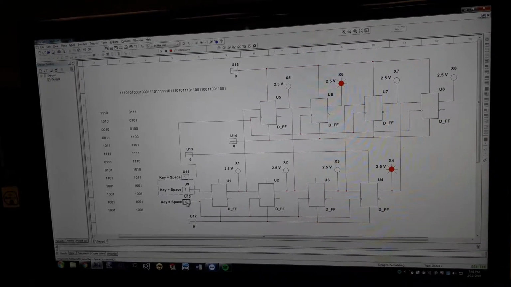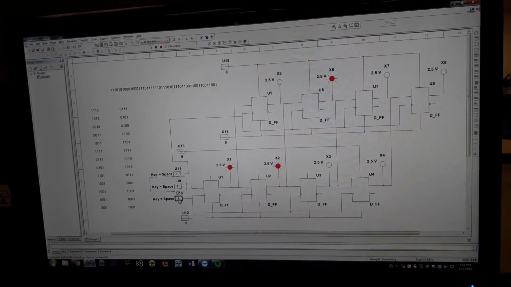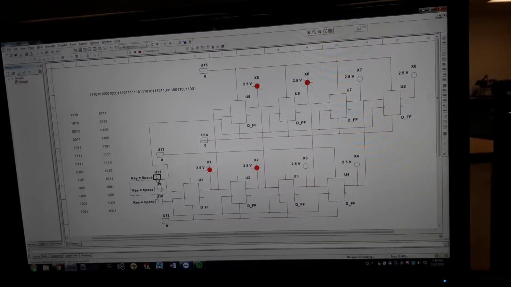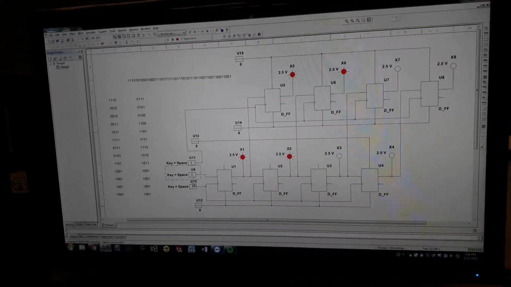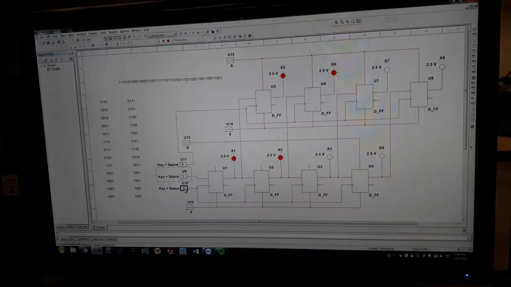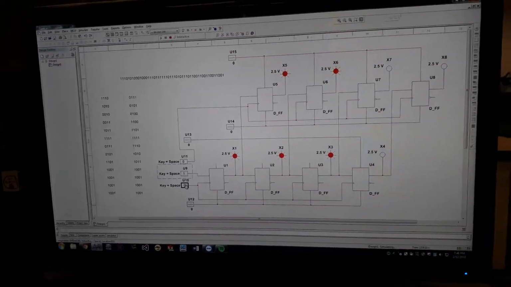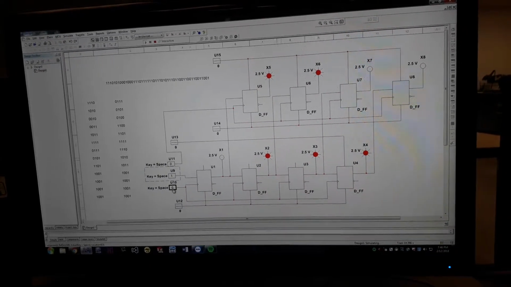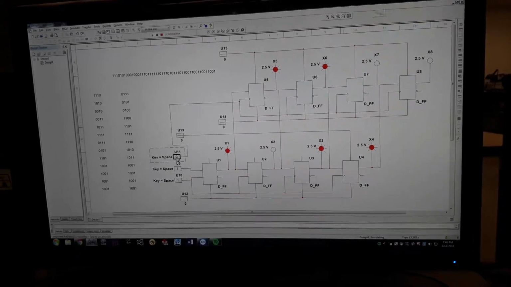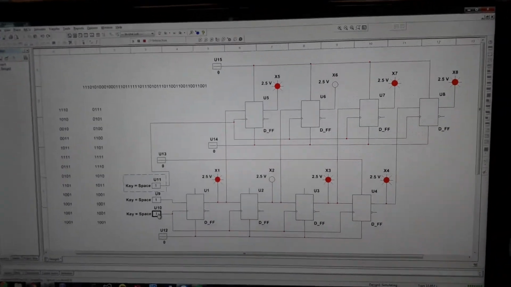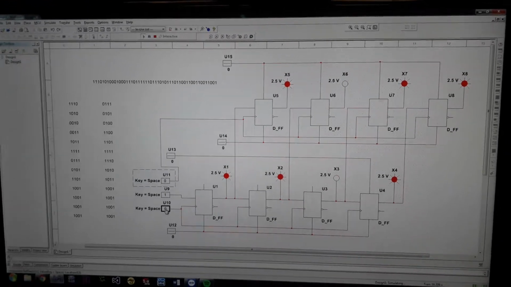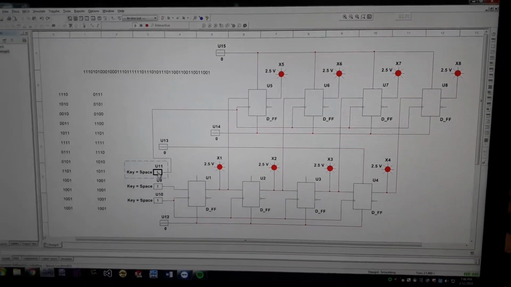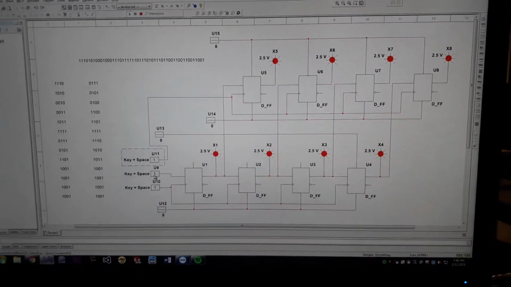1, did that work? No, 1, 1. And then the clock would kick in, and then we would get a 1, 1, 1, 0, 1, and then the clock would kick in, and we would get a 1, 1, 1, 1, and the clock would kick in there, and then we would get a